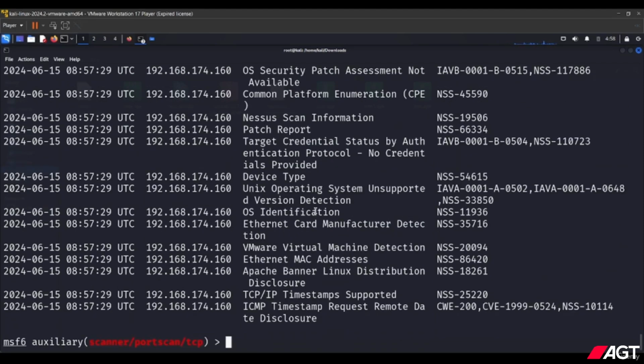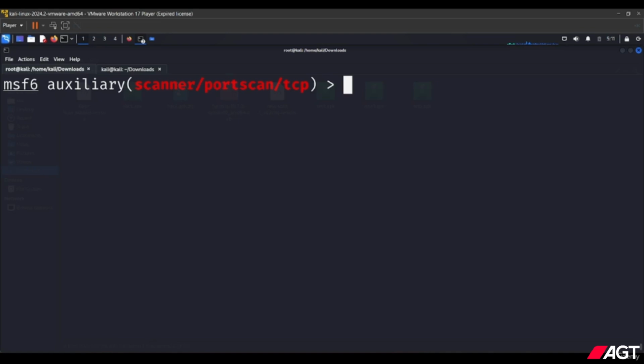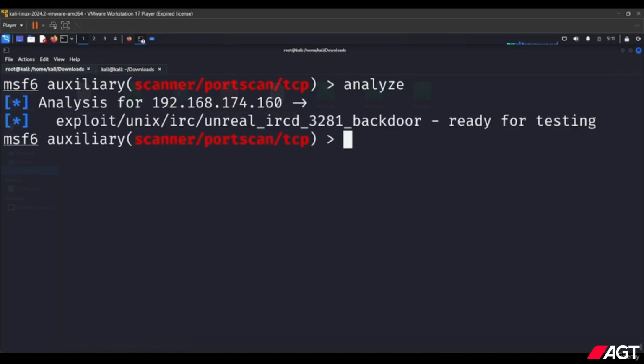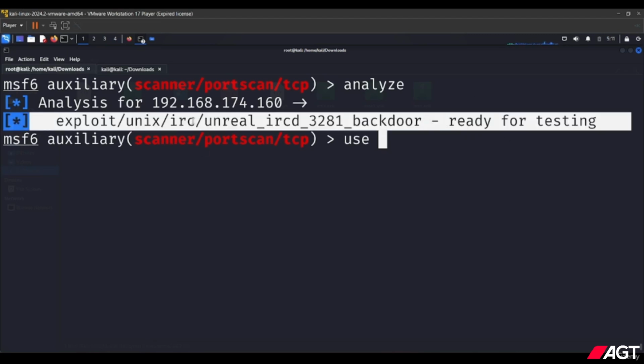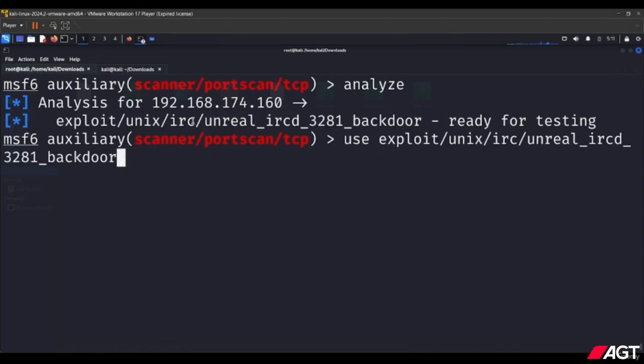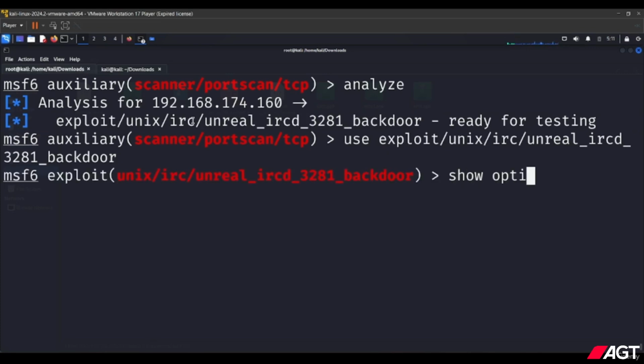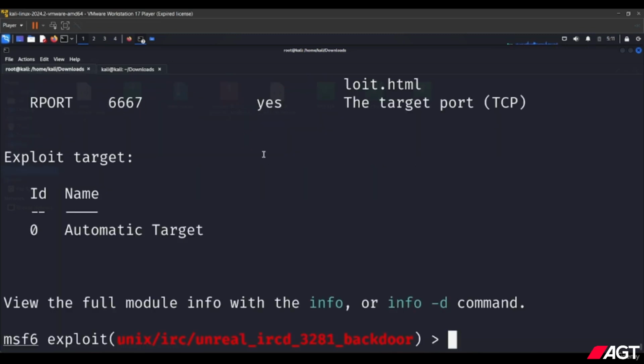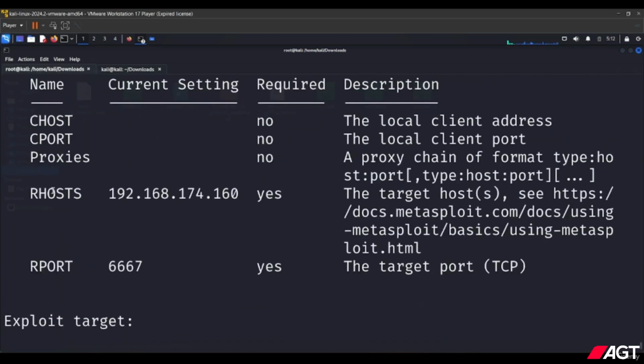Okay, for further analysis and to potentially gain access to the target system, you can use the analyze command. Okay, so here you can see the exploit that is ready for testing, right? So we're going to use this exploit and we'll see the options in it. Just run the command show options. This is going to show you all the options in it. And after setting this rhost,